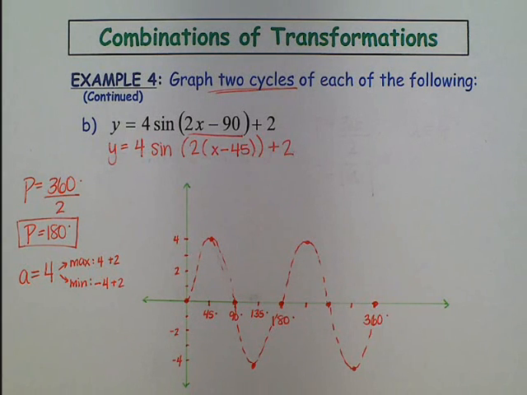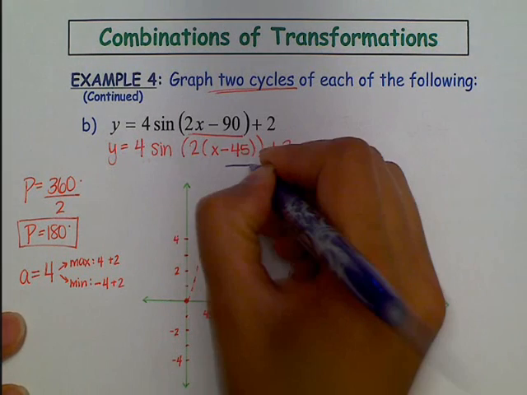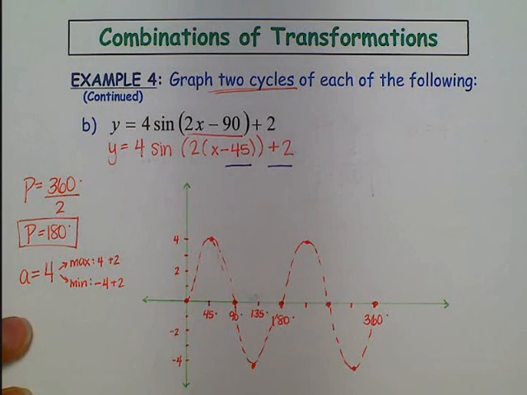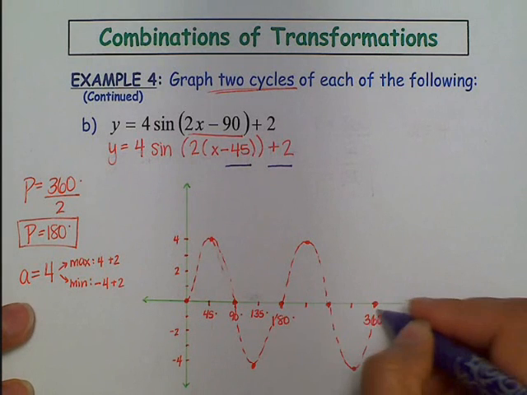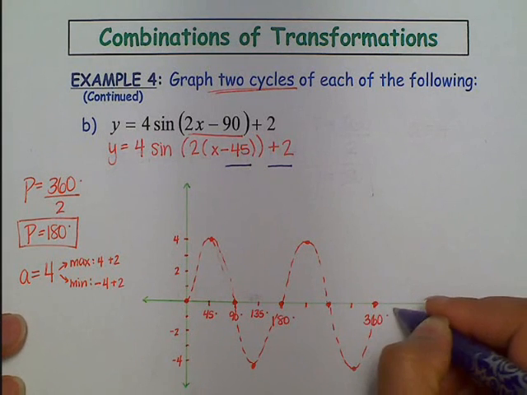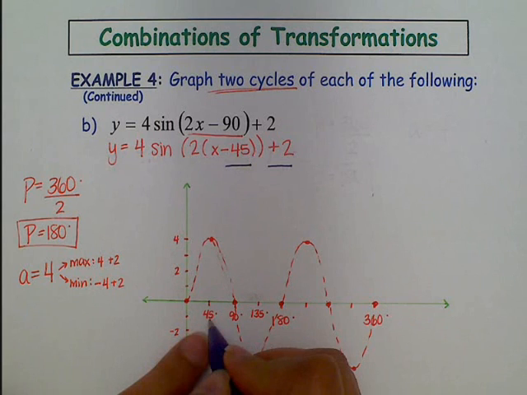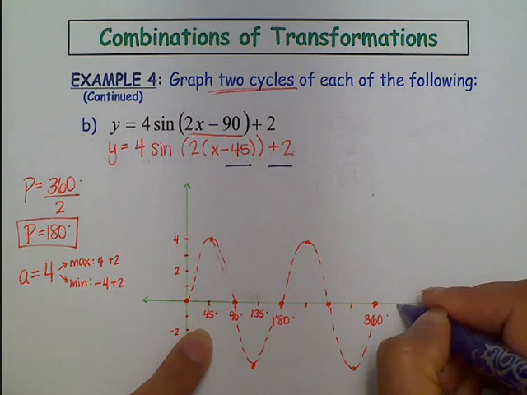Okay, so there's the graph that I'm going to be looking at. Now the difference here is I still need to do a phase shift with this. And so I need to actually move my graph to the right 45 degrees and then up 2 units as well. Because I'm going to be shifting the graph to the right 45 degrees, I actually need to add another scale unit. And luckily my scale is already going by 45, so all that means is that I need